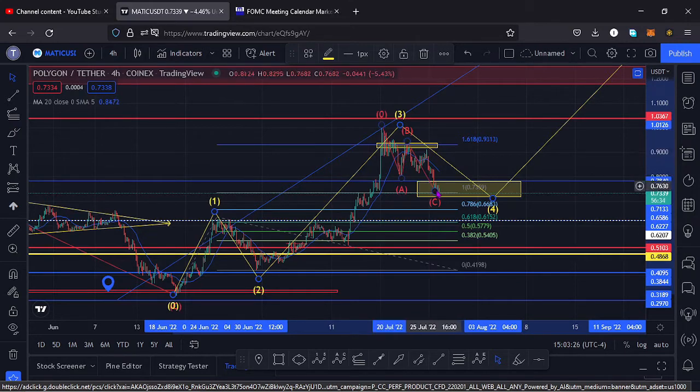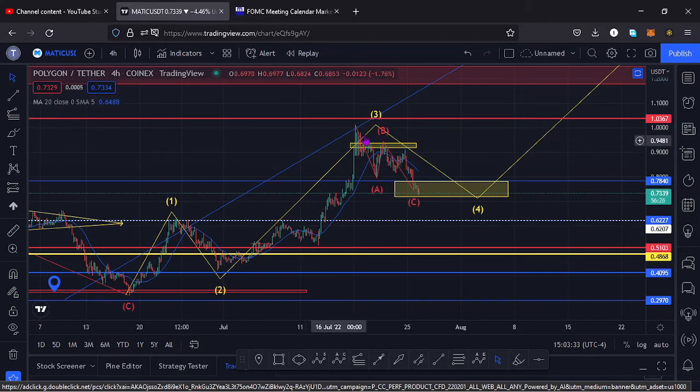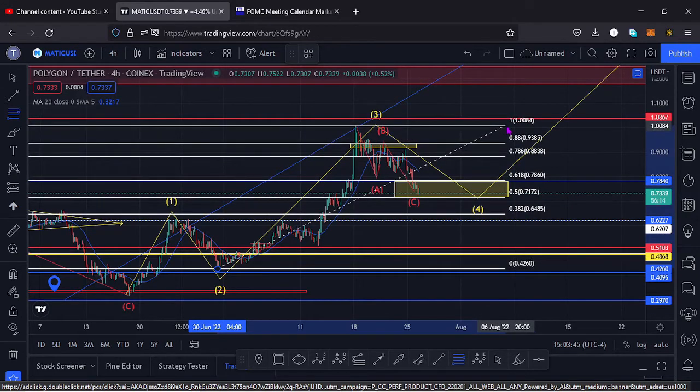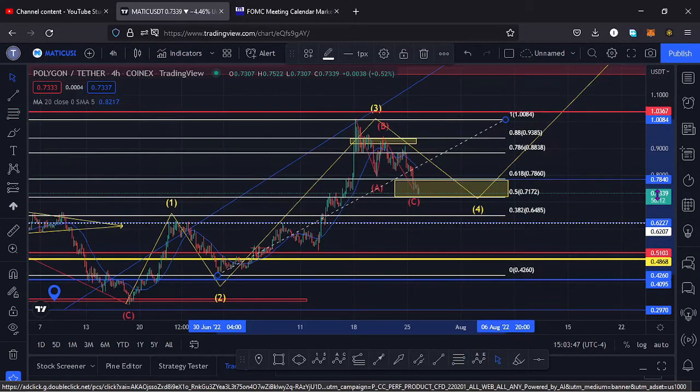and now we are seeing a retracement to the lower side in a move which I believe is the wave 4. And in that wave 4, because it's a retracement for that wave 3, we can use the Fibonaccis to try and get a target area for that wave 4, which is the minimum that we expect that retracement to the lower side to do. So if I apply the fibs, you can see we have a target area at around the fib level 0.618 and the fib level 0.5,